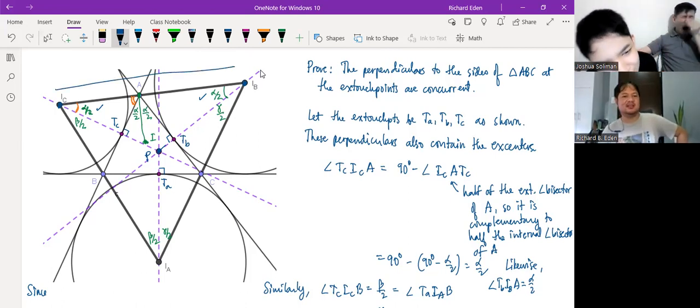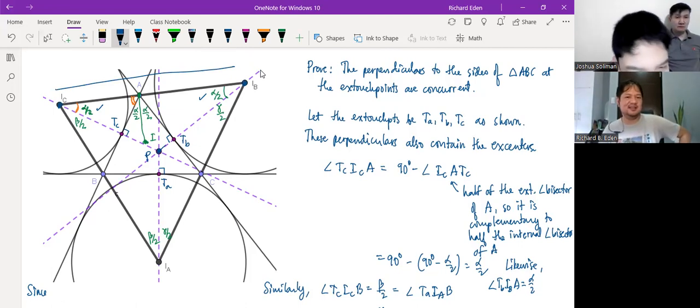So it means it's isosceles, and therefore I C P and P I B are congruent. Similarly for the other triangles. So it means P I C, P I B, and P I A are equidistant, which means P is the